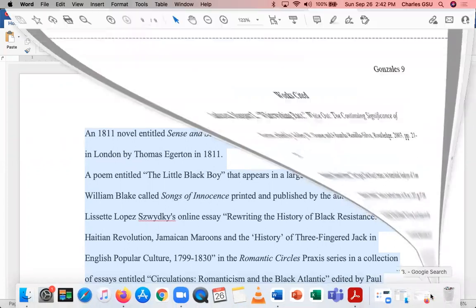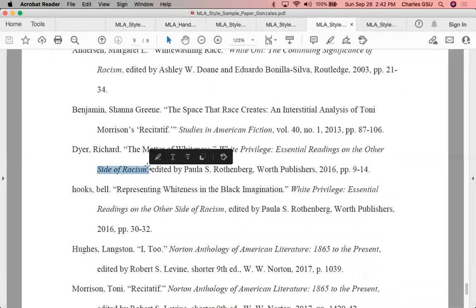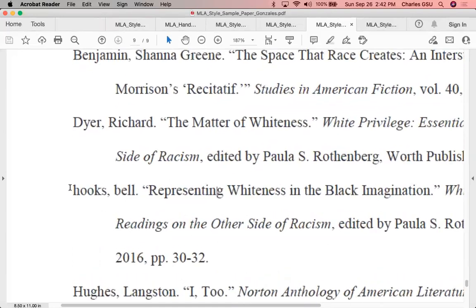So again, we're looking for this kind of formatting where the first name or word is left hanging by itself off to the left margin, and everything else is indented half a space. This may look odd to you. This is a digression, but